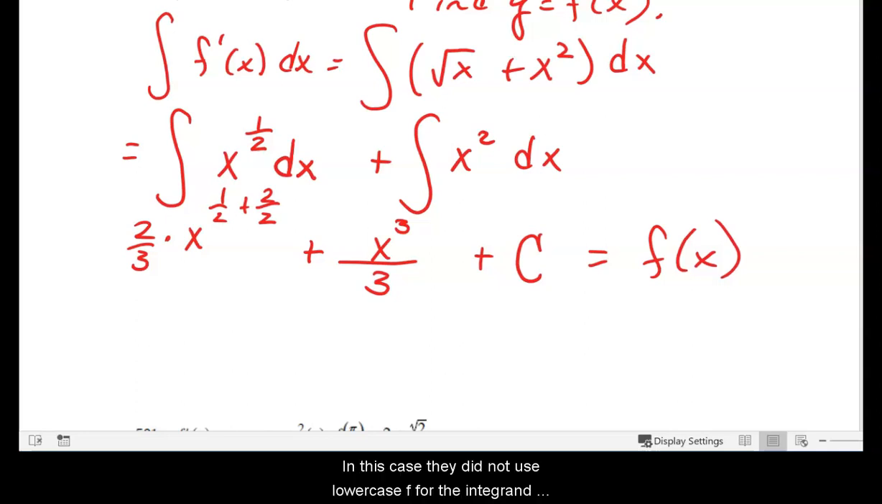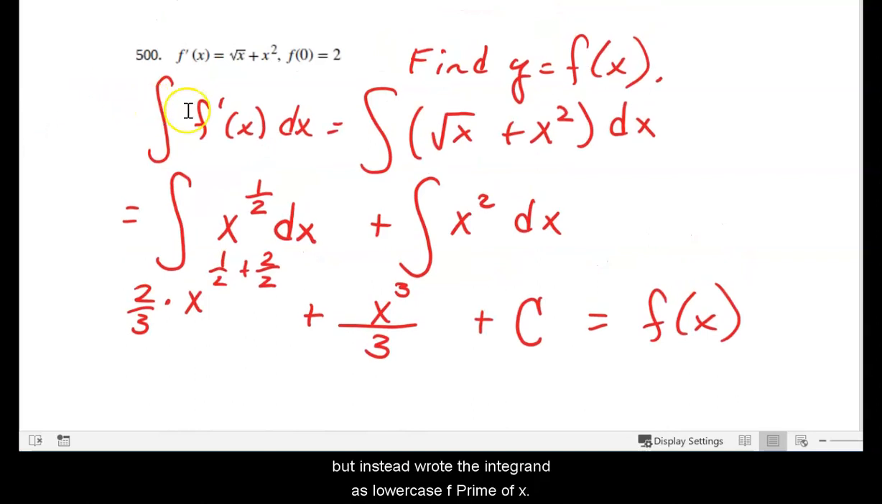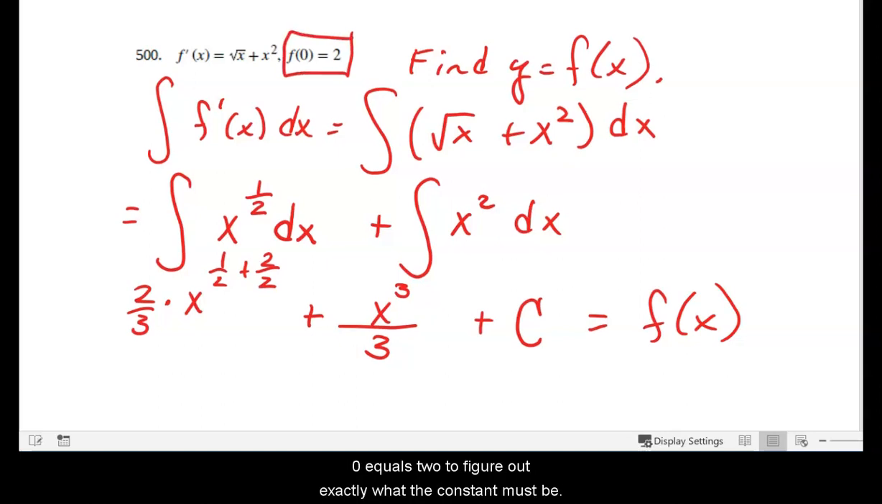In this case, they did not use lowercase f for the integrand, but instead wrote the integrand as lowercase f prime of x. In other words, they're replacing the capital F of x with lowercase f of x, and f of x with its derivative. We want to now use the initial condition, that is f of 0 equals 2, to figure out exactly what